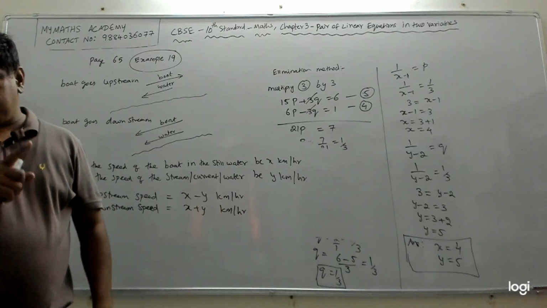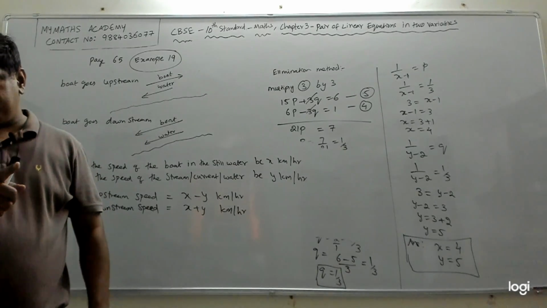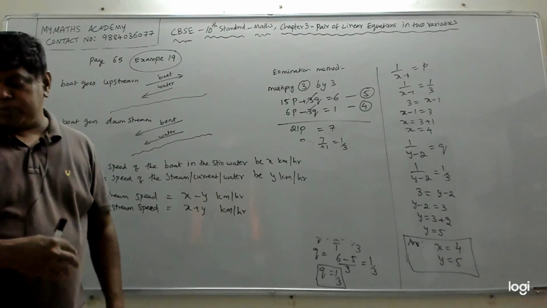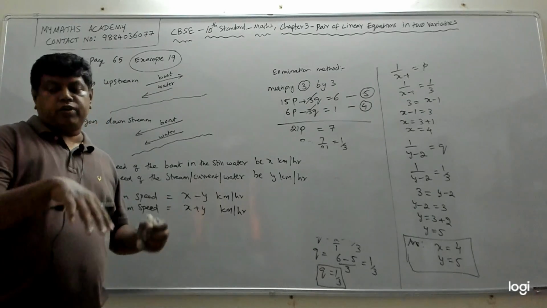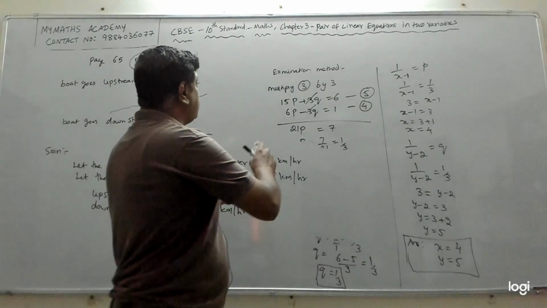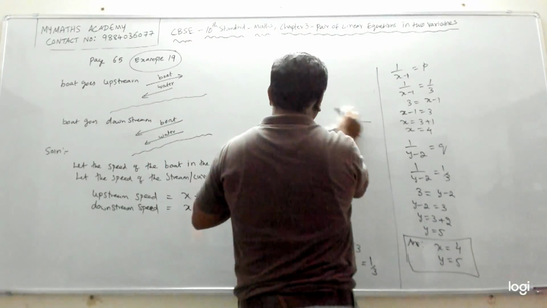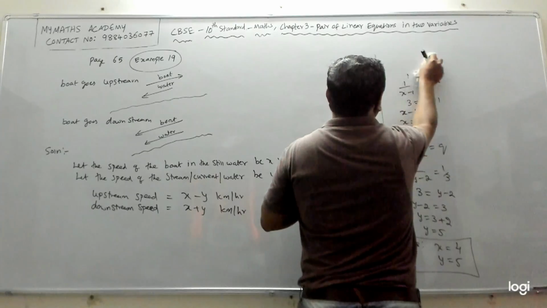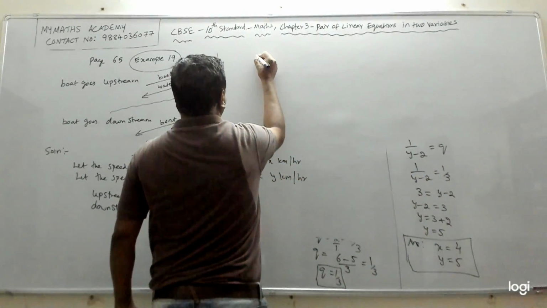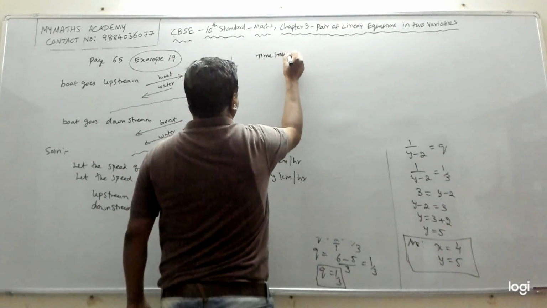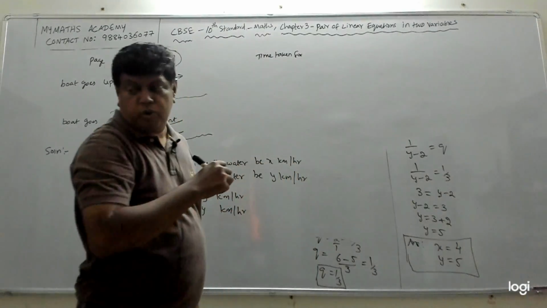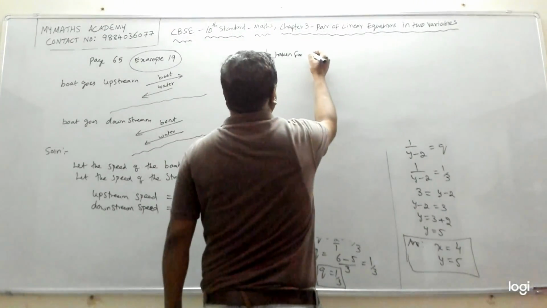Example 19. A boat goes 30 km upstream and 44 km downstream in 10 hours. So the distance it is going upstream is 30 km, and the distance it is going downstream is 44 km. The total time it takes is 10 hours. I will write it in an easy statement. What they are saying is: time taken for 30 km upstream